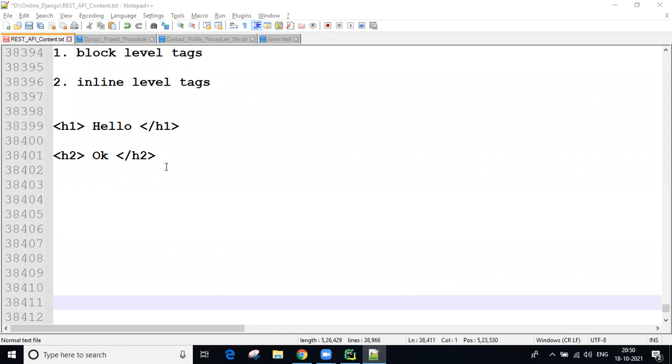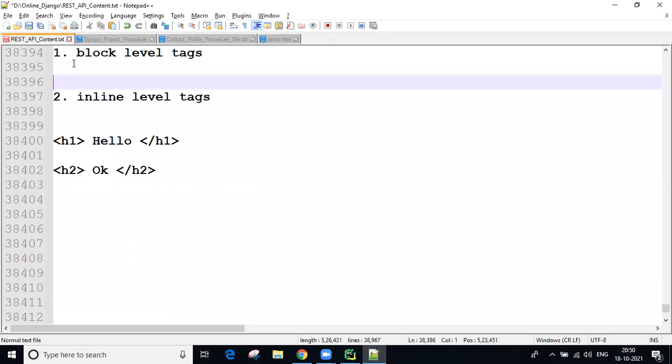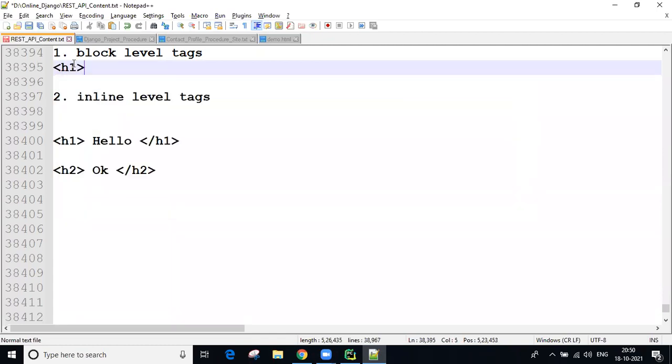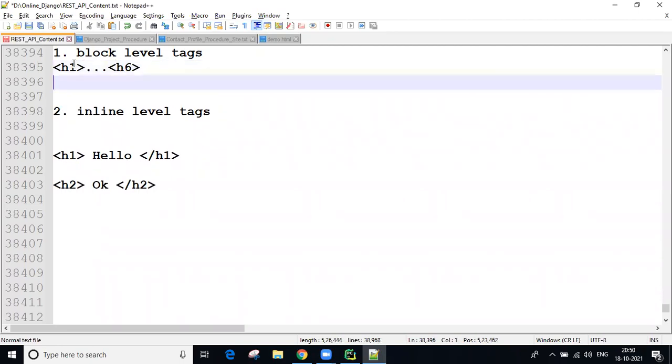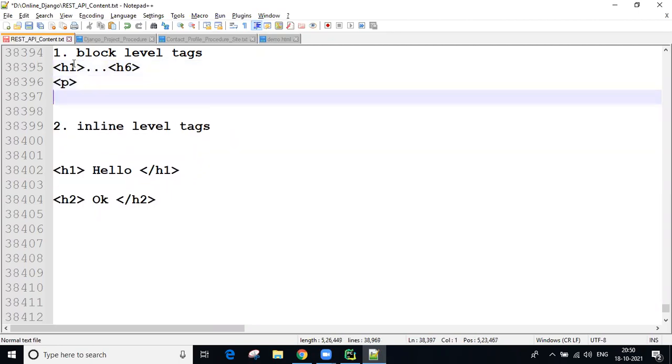It's a small difference only, guys. So what tags come under block level? So far we have learned H1 to H6 header tags, and these all come under block level only. The paragraph tag we discussed, and the PRE tag we discussed.